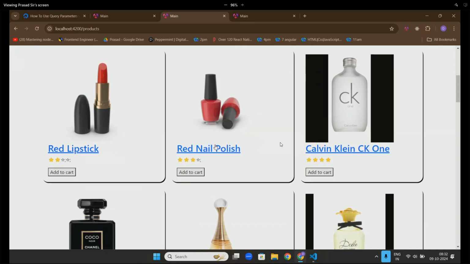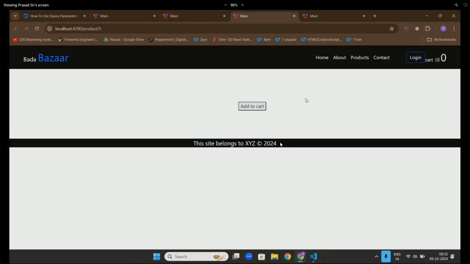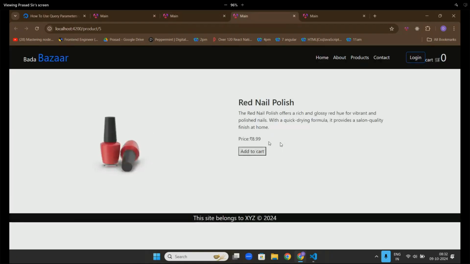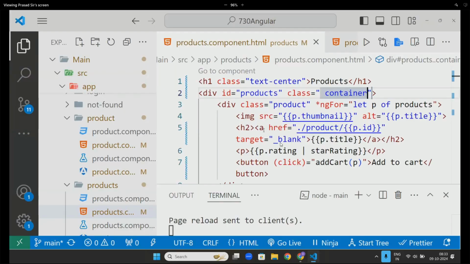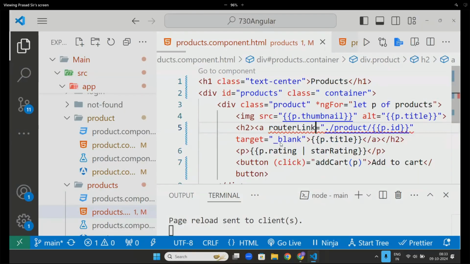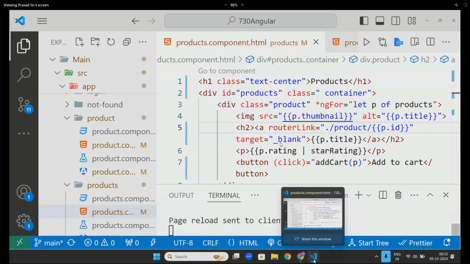Now go down. If I click on this nail polish, see, the nail polish is opening here. Any doubts? Is everything clear till now? Okay. Now, instead of href, if I try router link, it will not change the thing.